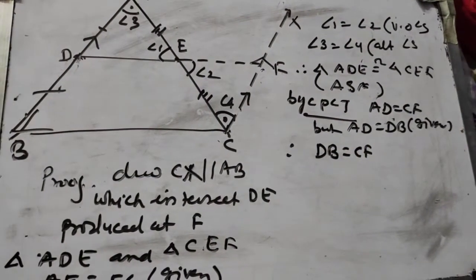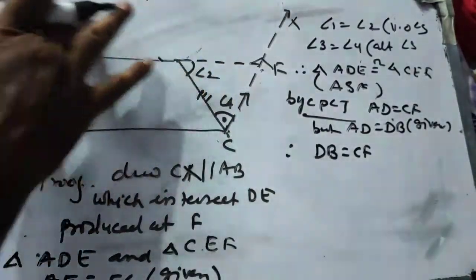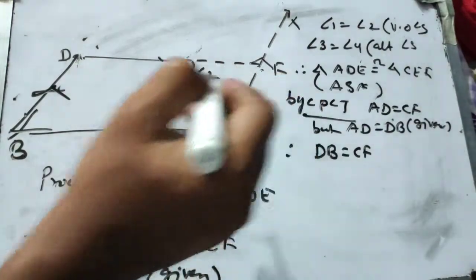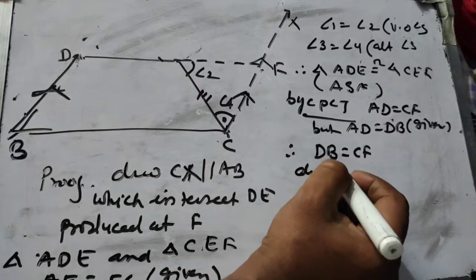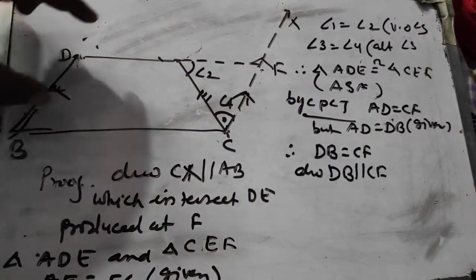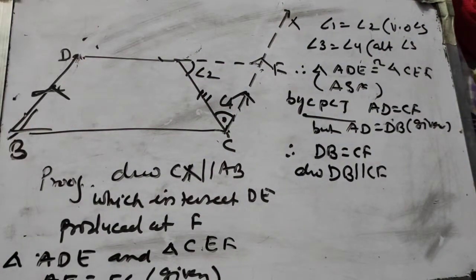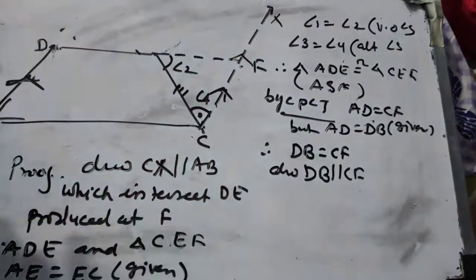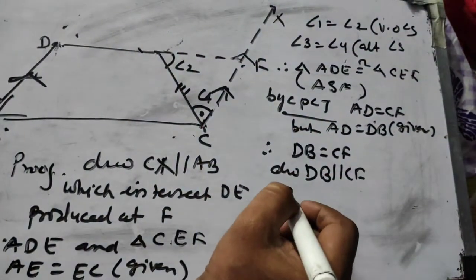Now we will start our proof, second part. For your convenience, I am rubbing it. See the figure. You know that this line is parallel to this line, means DB is parallel to CF. So write also DB is parallel to CF. So already we have proved that DB is equal to CF and DB is parallel to CF. So what will happen? One pair of opposite sides are equal and parallel. Hence this figure will be a parallelogram. Hence you will write BCFD is a parallelogram.